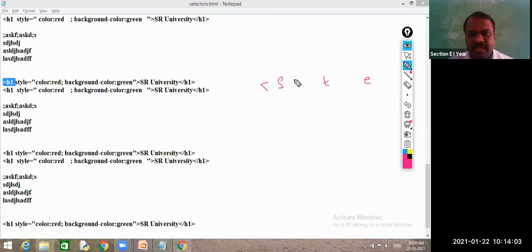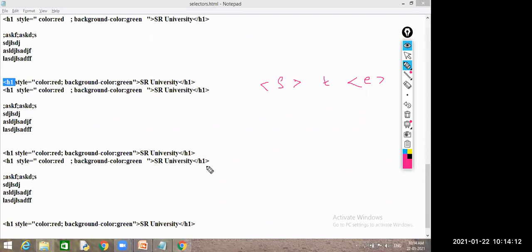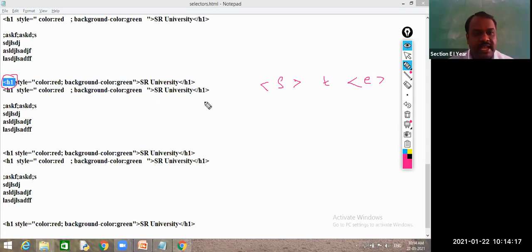So this is said to be an element. From this, which element has common properties? H1. H1 is the element. For this element, I will write a selector. This selector is said to be an element selector because I am writing properties for H1.